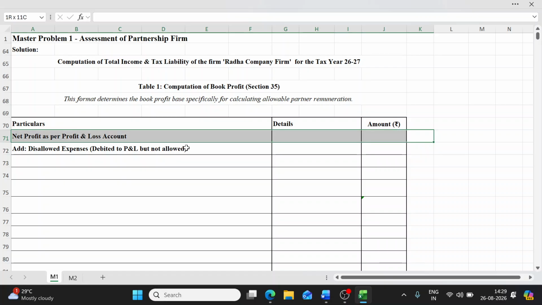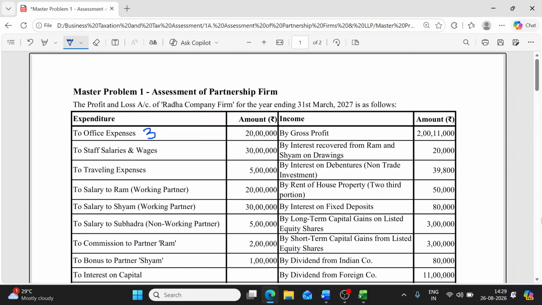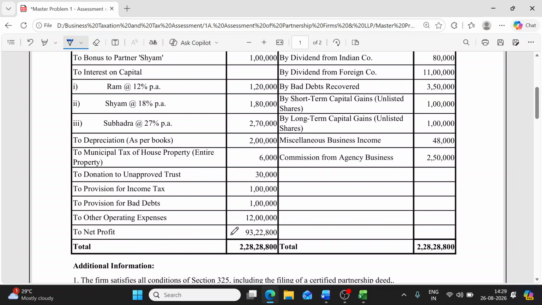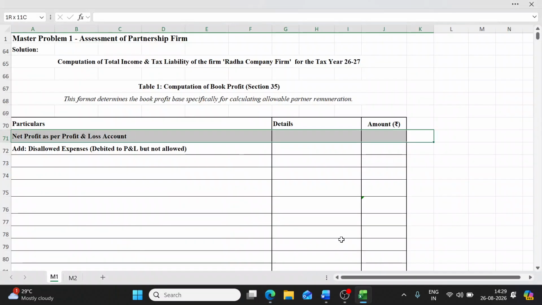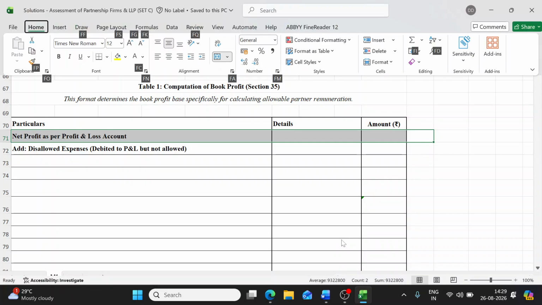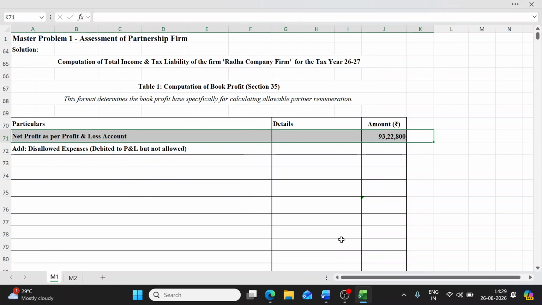This is the table for the computation of book profit. In this table, first we will mention the figure of net profit as per the profit and loss account. In the problem, the figure of net profit is 93 lakhs 22,800. We will begin our solution with this figure only, so in the amount column I have mentioned 93 lakhs 22,800. Now the next step is to add all disallowed expenses which are debited to the profit and loss account,